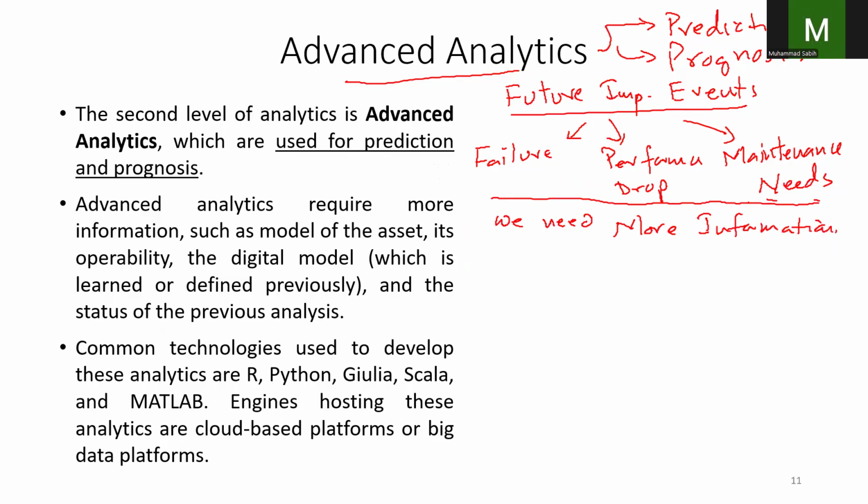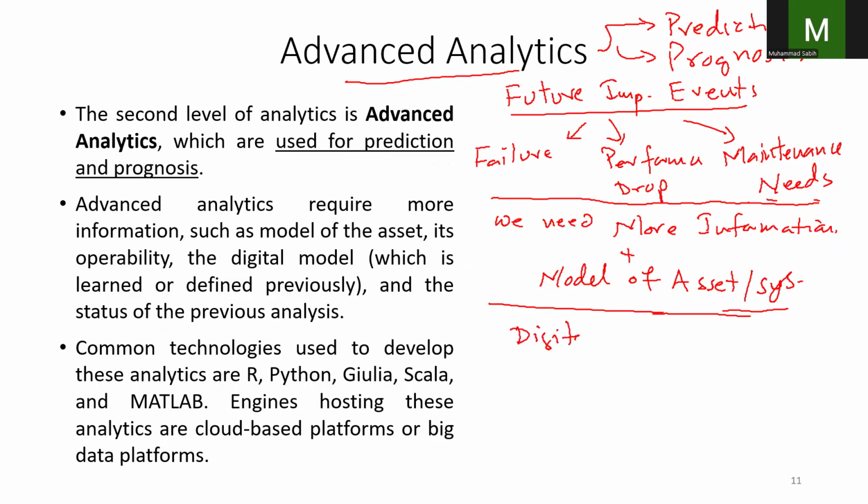We need more information, and in addition to that, we also need the model. We need the model of the asset or system, and its operating data. So what we are talking about is, what we need is sort of a digital twin, and we also need some past data along with the current data. So this will help us,